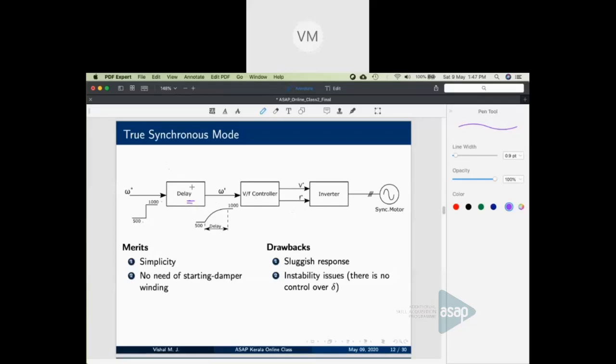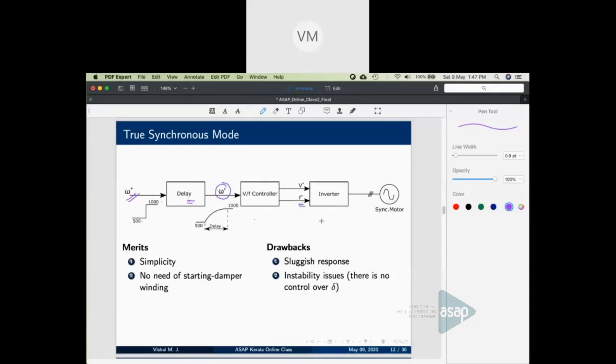It could be a first order, second order, or third order delay, depending on the factor of safety you want. You can make a delay block. What the delay block does is what I have shown: from 500 to 1000, not in a stepped manner, but in a slowly, gradually changing manner. So from omega star, which is your frequency command, you get your omega prime once it goes through the delay. From that, we can calculate the value of frequency.